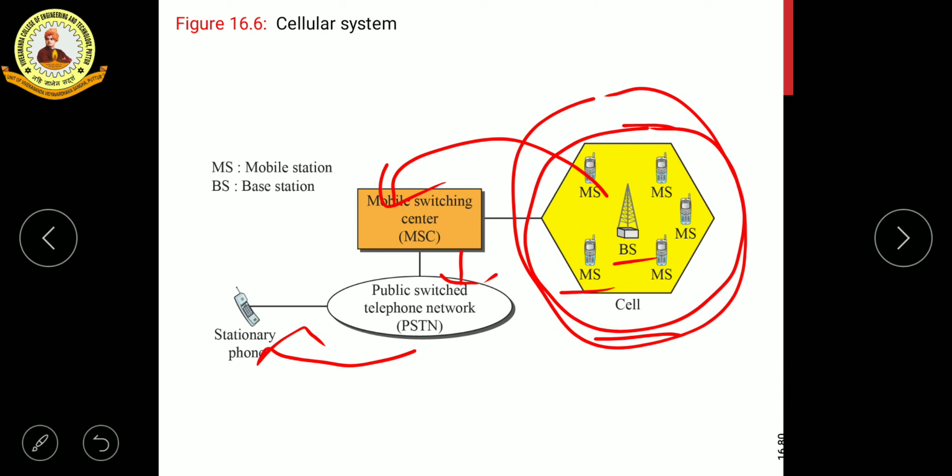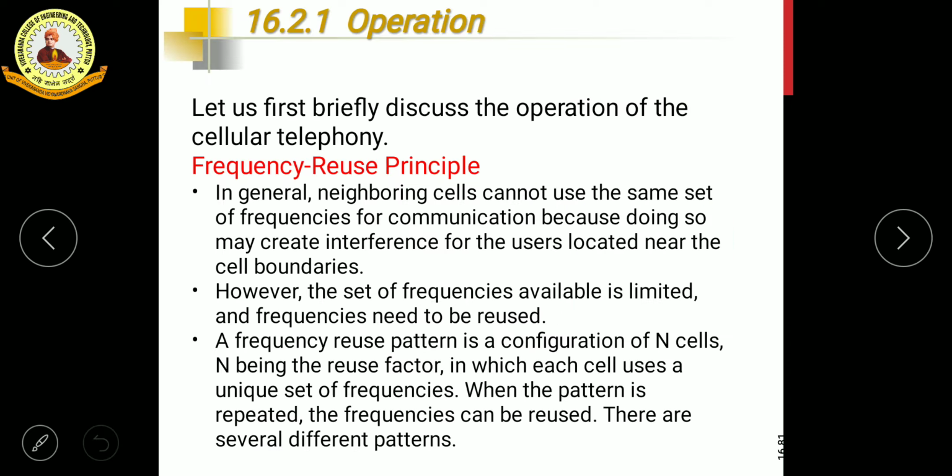Then low density areas may demand lower or higher cell size. So once determined, the cell size is optimized to prevent interference of adjacent cell signals. I'll tell this in the next part of the video. Then the transmission power of each cell is kept low to prevent its signal from interfering with those of other cells. So these are your electronics concepts, interference and all. The base station is set in such a way that it will manage the interference from other cells.